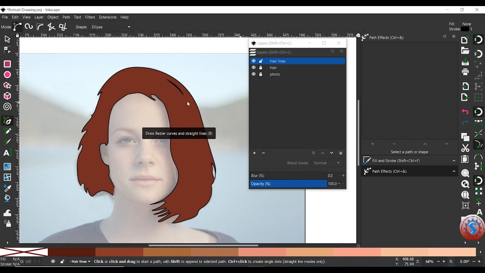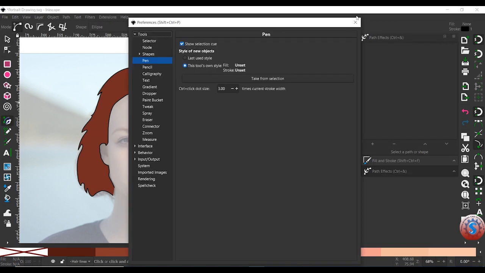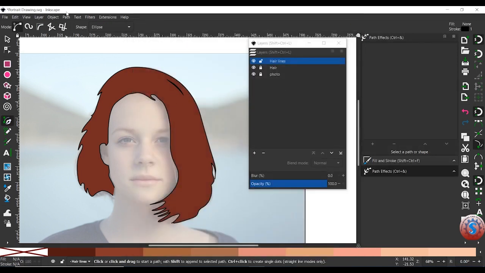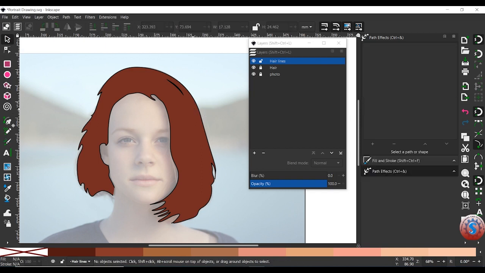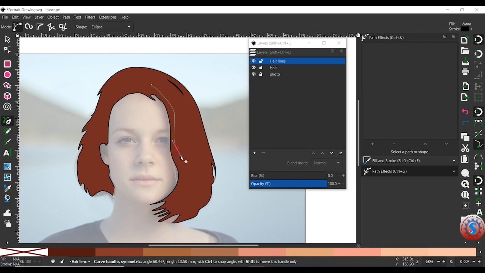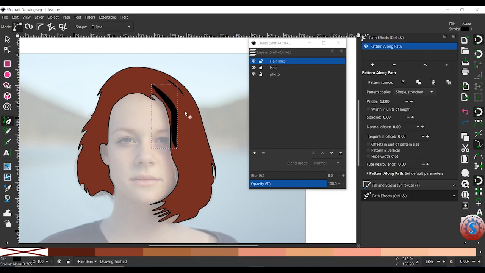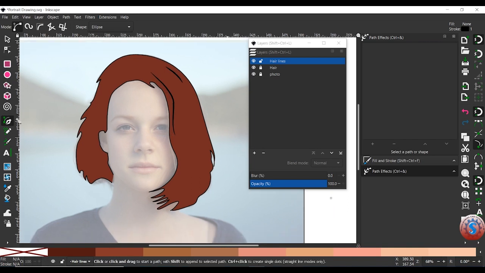Again I am giving the ellipse first, pen tool, and give the shape to ellipse, and for a somewhat curve shape the ellipse tool will work very well. I'm giving the curve type lines. You can observe this line is not good. I'm creating a curve again like this. You can observe on the screen the two curves, the first curve and the second one like this, and go into the path along path of the path effect of 0.2, all of 0.2, and click on OK.